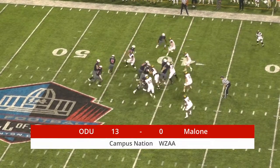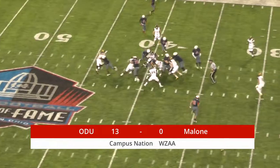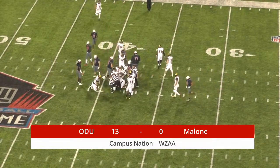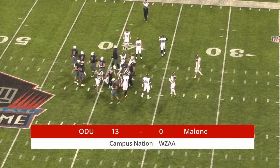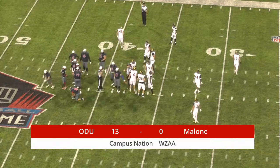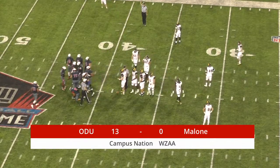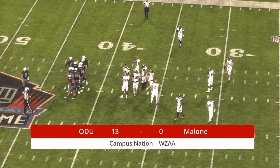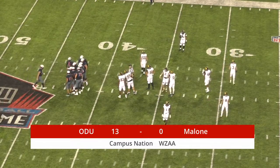Motion left by Hobbs. And it's a little fake to Hobbs and Iacusi. I don't know that Iacusi really wanted to keep the ball on that one. Yeah, picked up 2, and it's going to be 2nd and 8. I think that was a busted play. That did not look like the quarterback was supposed to get that ball at all because, and you can tell when the quarterback's standing there, guys, and he has the ball and he's looking around like, oh, something didn't go